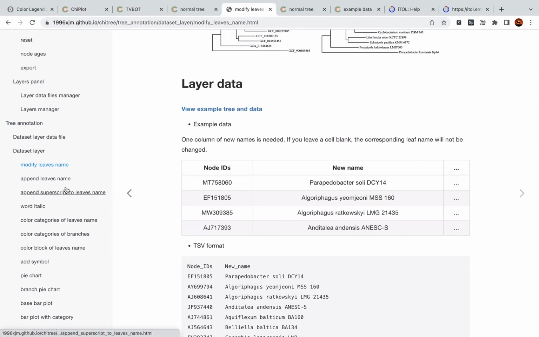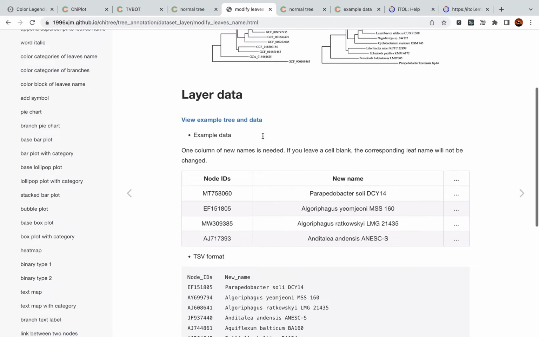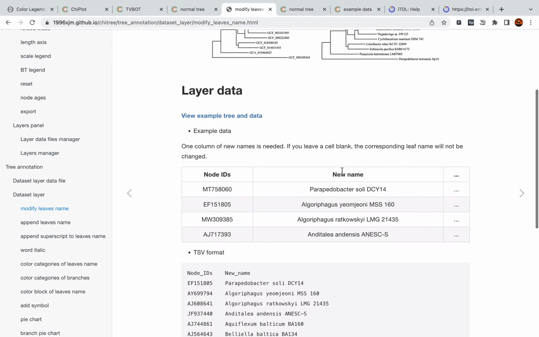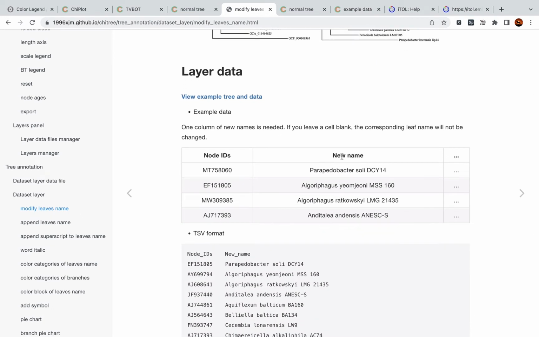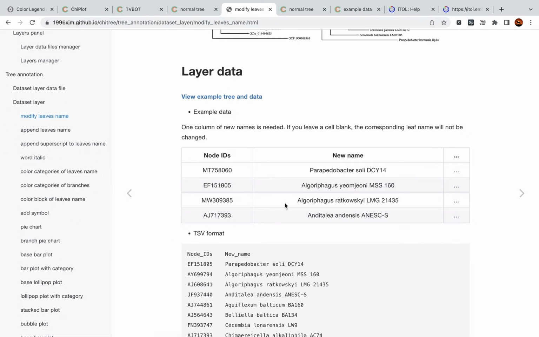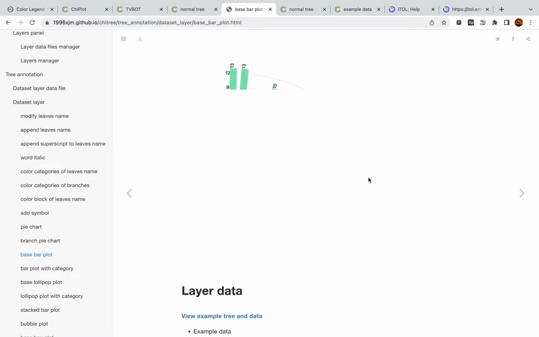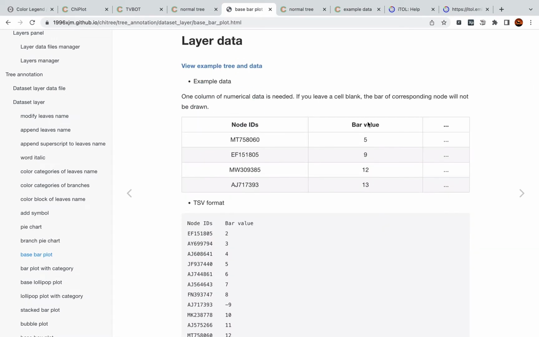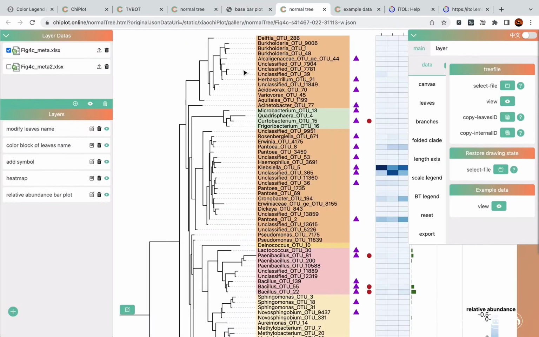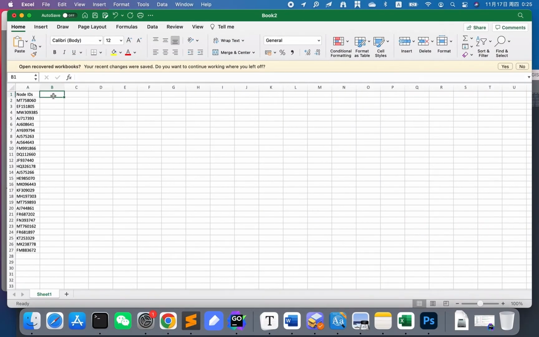Like if you want to modify the leaf's name, you just need one column of string data for the new name. And if you want to add a bar chart, you just need one column of numerical data for the bar value. So we can just fill in one column of new names,